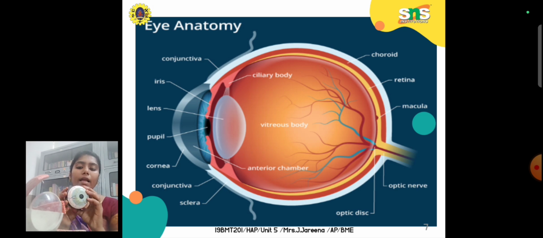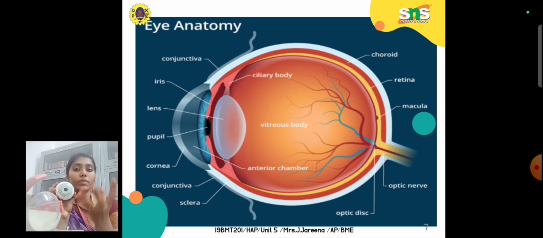And then this choroid is continued with the iris, and then you have a pupil. The black hole is nothing but the pupil. The colored part of this eyeball is the iris. So the iris actually gives the color to the eye. Some eyes seem brown in color, some seem black in color, and the reason is the iris color. This is the color part of the eye. And next, the black hole is the pupil. This is the point where the light enters.